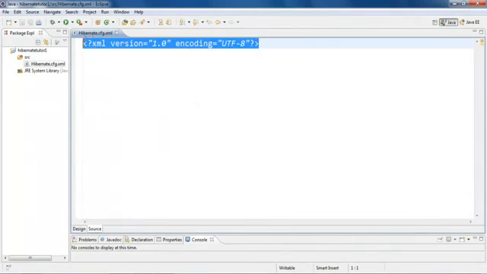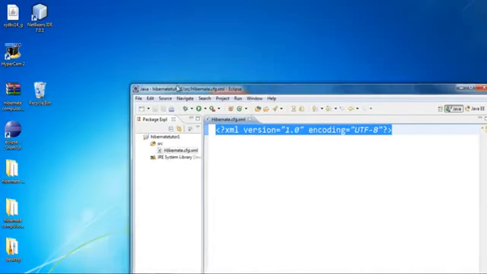Now we have the XML file and we need to write a DTD for the configuration file, so that it can understand that this is the configuration file. Now, where to get the DTD? As we all know, we have to use the Hibernate distribution